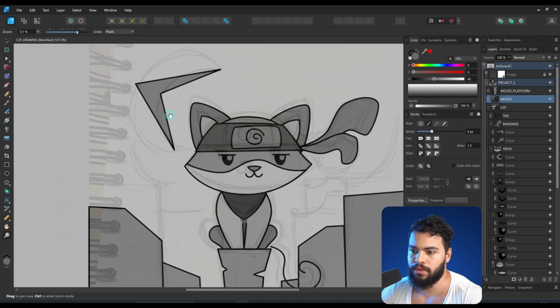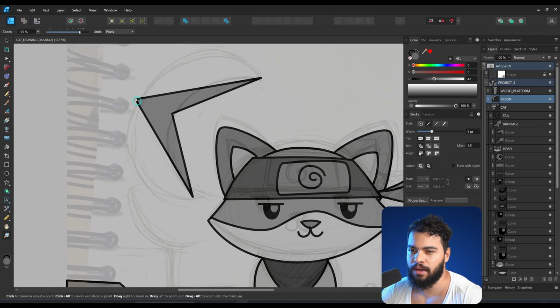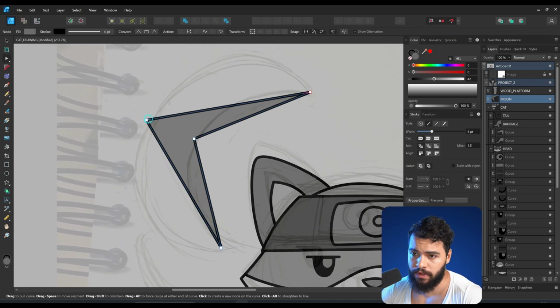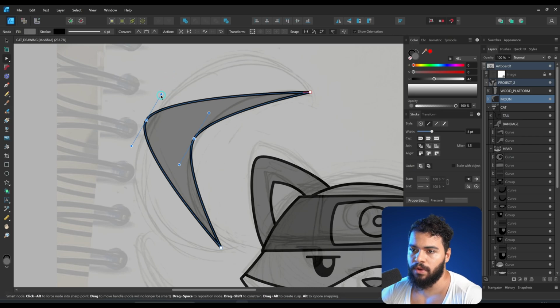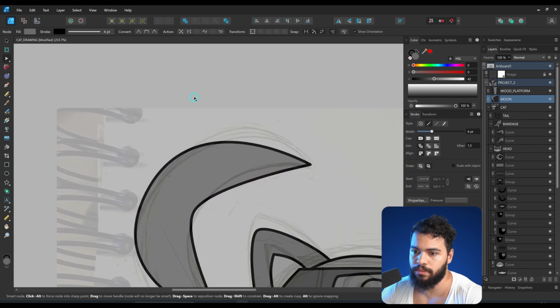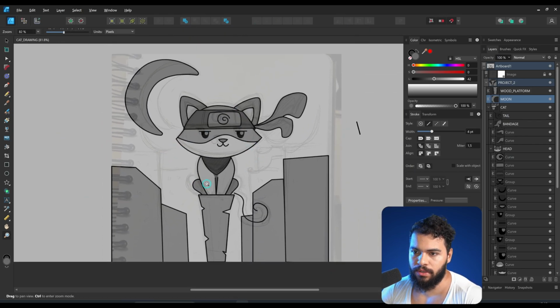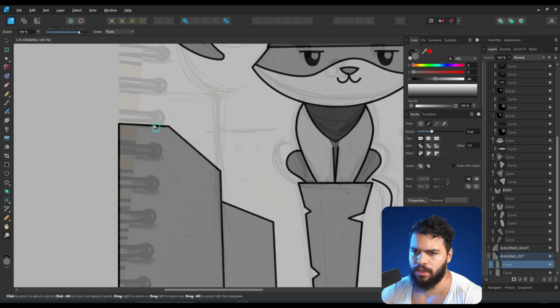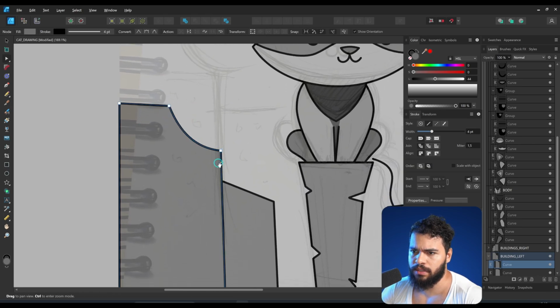Now we will do the moon. The moon is gonna be very simple. Select both nodes here, convert them to curve, and then hold right button, and then do this. Whoa, here. Very good. And then we can add some kind of curves here on the building. It's gonna be something like this,